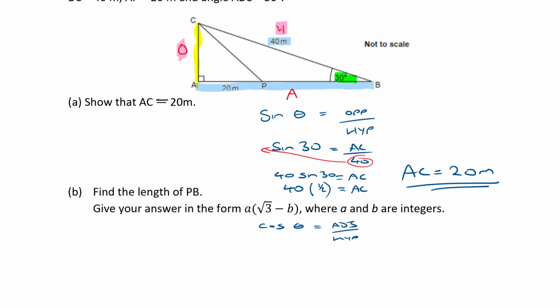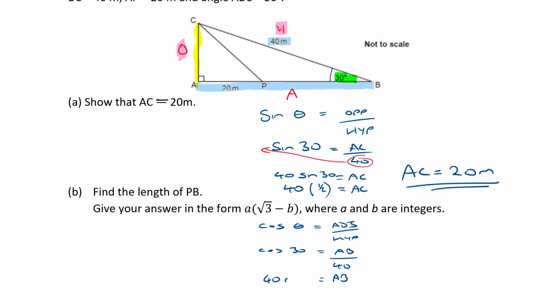Sub in what we know. Cos 30 is equal to the adjacent, which is the side AB, divided by the hypotenuse, which we know is 40. So that means that AB is going to be equal to